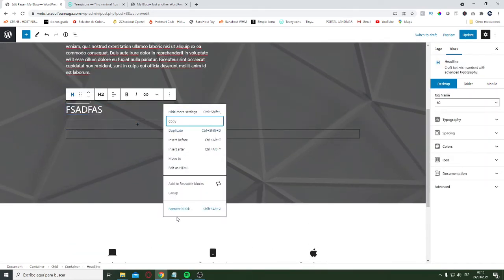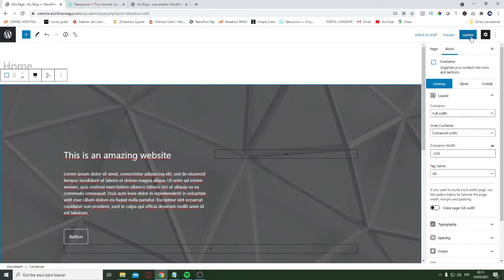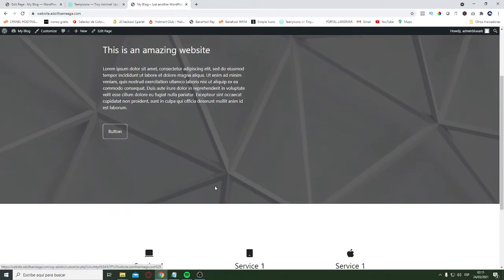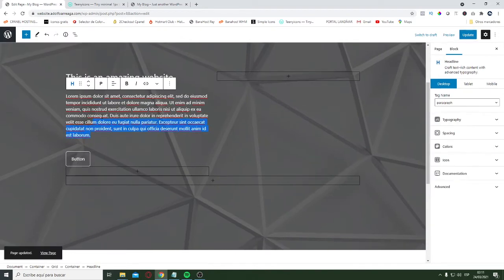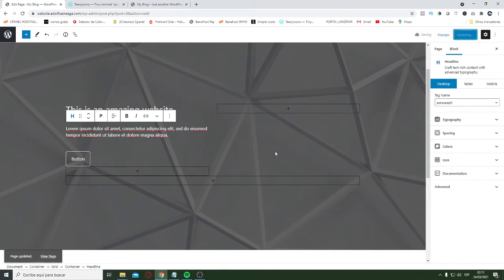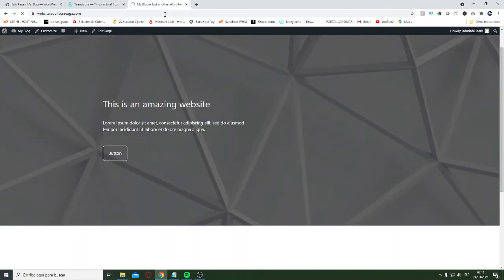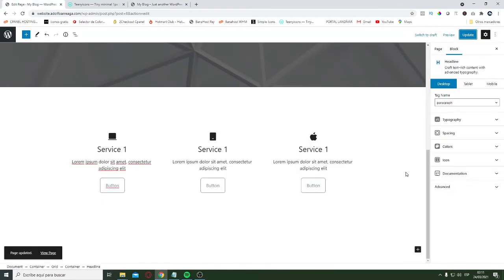Okay, I will erase this. I think this is better. It looks better. Okay. I will reduce text. It's too long. Okay. Let's continue. The other thing we need to do is